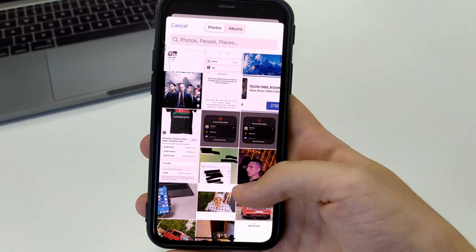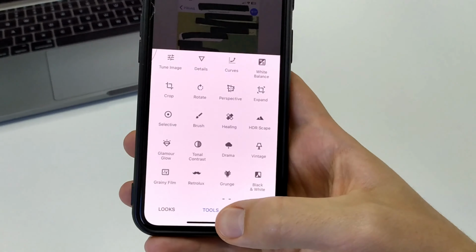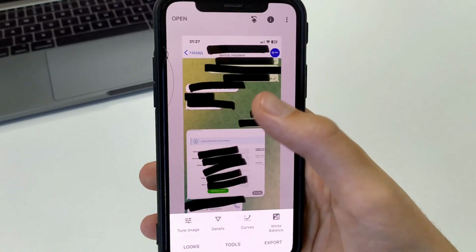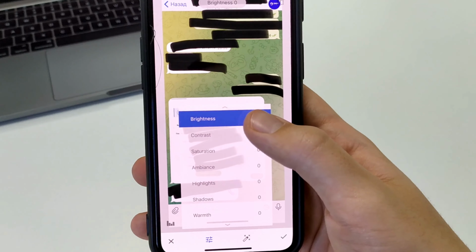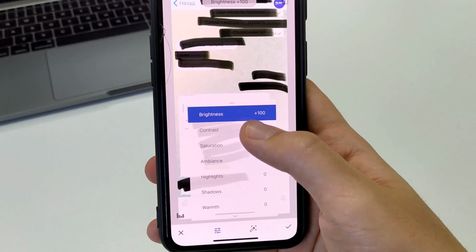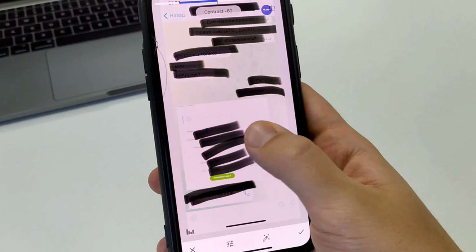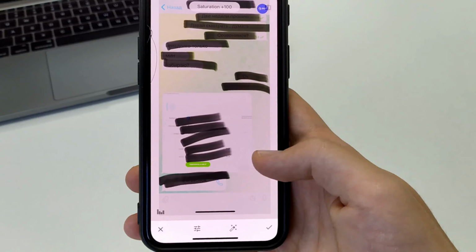Here we press Tool. Next we press Correction. Press Tool again. Here we have to put the first one, plus 100%. The second one we have to put minus 100% contrast. And everything else we put either plus 100% or minus 100%. You'll see how these settings work out for you.